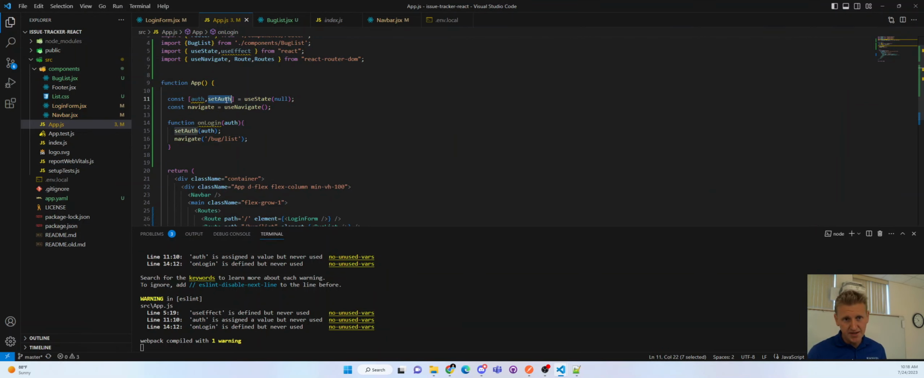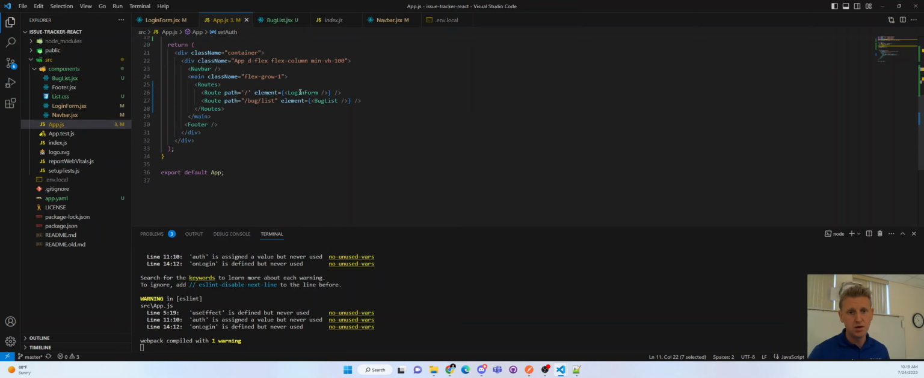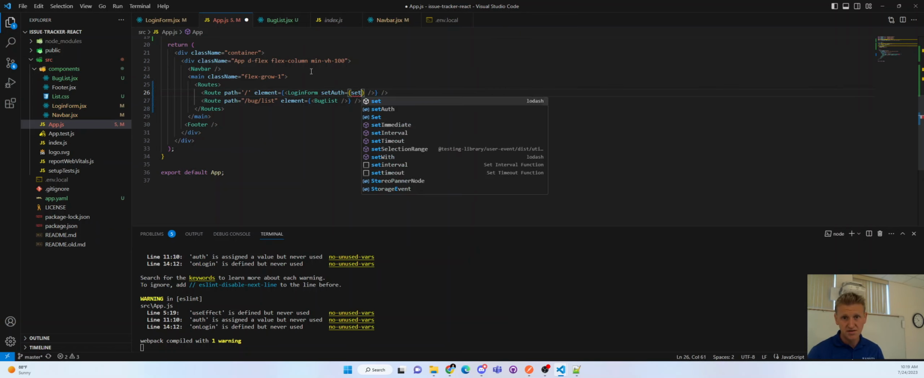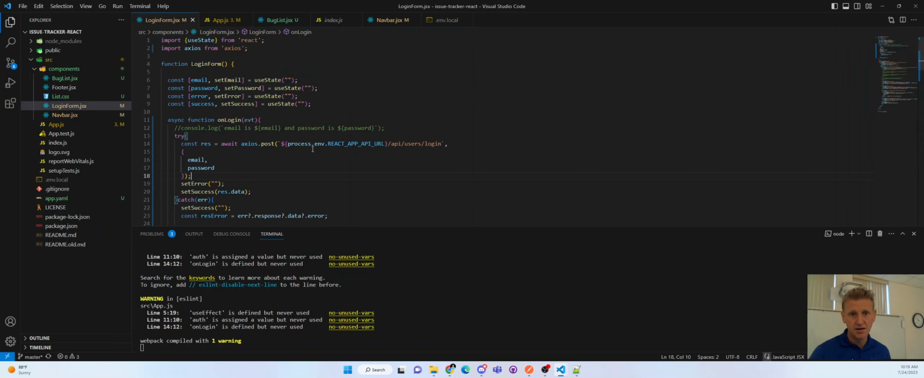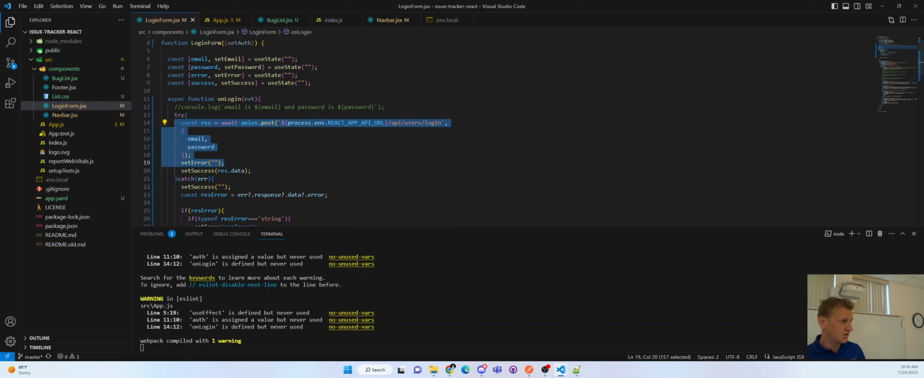So what I'm getting at is we need to pass this function down to our login form. setAuth equals setAuth, and then receive that here, login form setAuth. And now we can begin to construct our authentication information as we did last week,